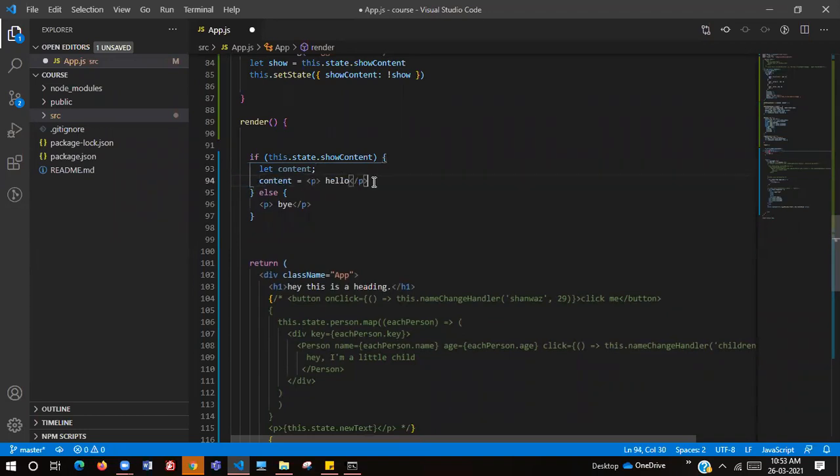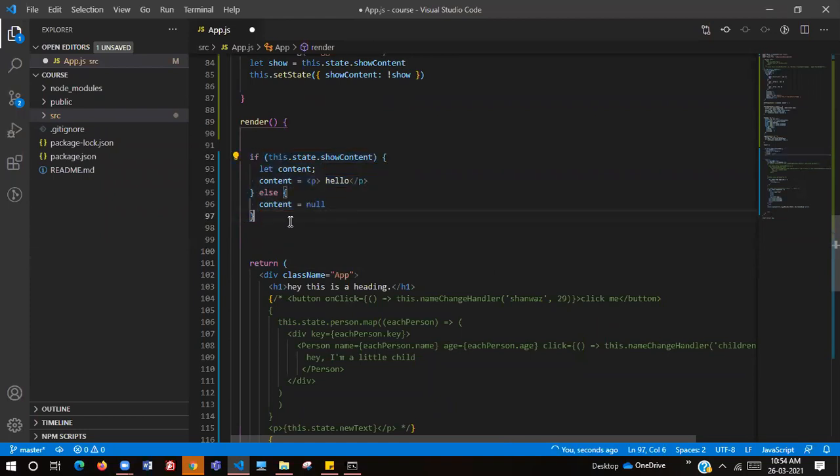Clear till now what we did? Content equals to null. See, what we are doing here is, after the render function and before we are returning some JSX, we are taking an if and else block.